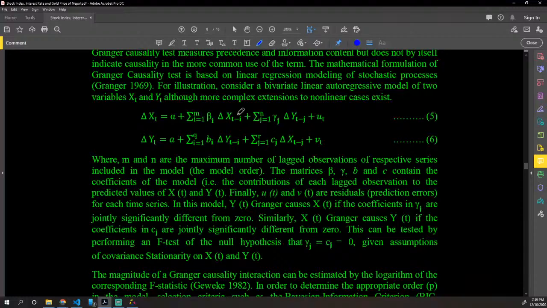Finally, these contain the coefficients of the model which help to predict that. And finally, u_t and v_t are residuals or prediction errors for each time series, right? In this model,